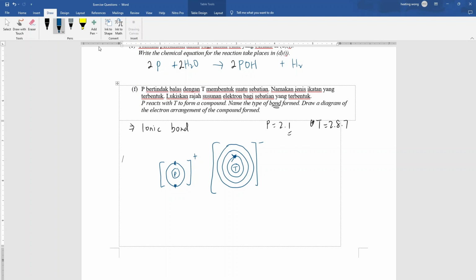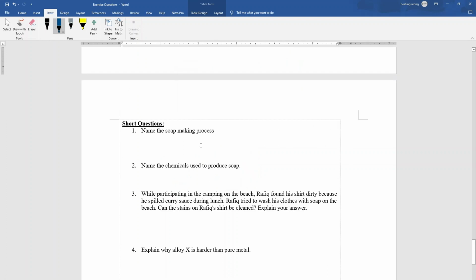Okay, now we look into some short questions. The salt making process is called what? I hope you still remember, it's saponification. Okay, so what chemicals are used to produce the soap? So it should be the palm oil, right? Okay, palm oil or concentrated